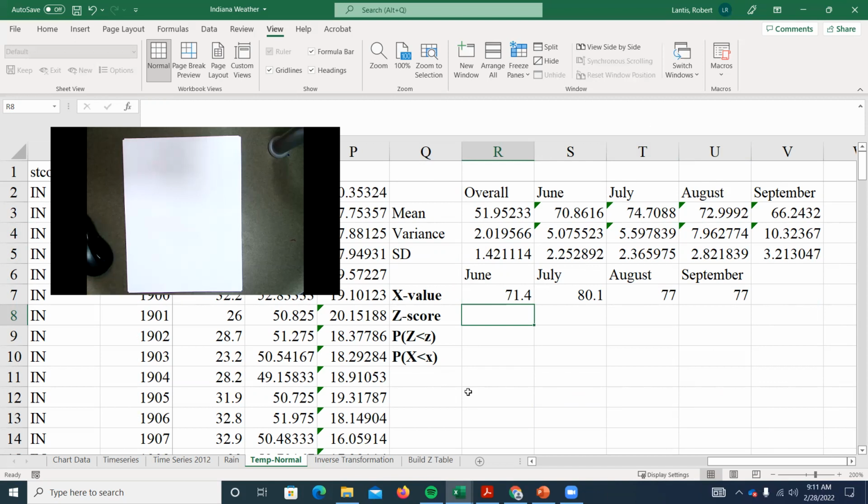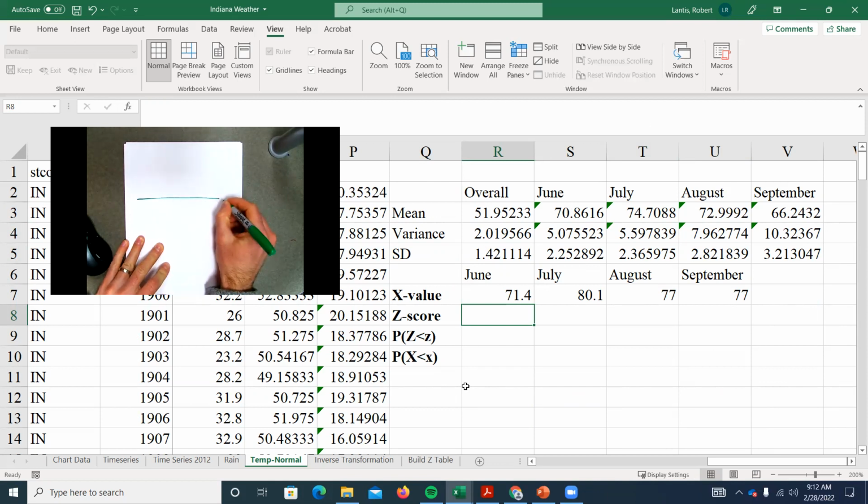Okay. So I'm going to try to draw something as I talk through this, as big as possible. So I've got June temperature, which we said follows pretty close to a normal distribution. And it's going to be centered around whatever that mean is. And I found the mean was what? 70.8. If I want to know what's the probability that it's 71.4, or anything below that,